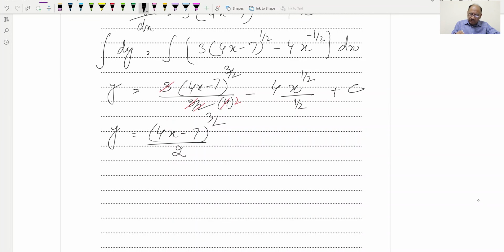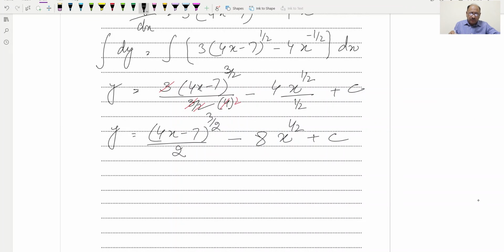Hopefully you are understanding this. So next, this will be 3 by 2, and next is minus, and this 2 will go as numerator, so multiply by 4, so it will be 8, and x raised to 1 by 2 plus